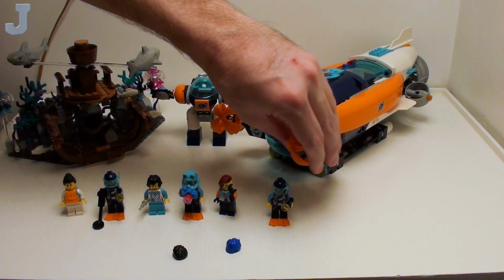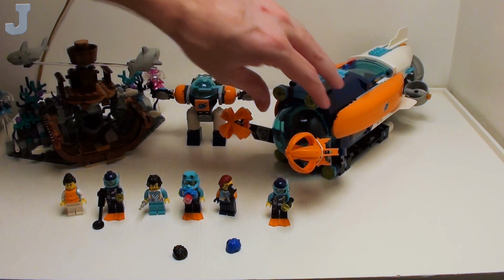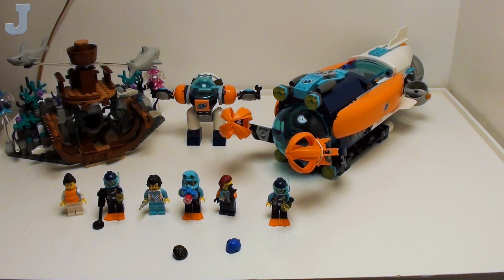Like I had mentioned, this is pretty close to being a MOC. So I would say there's very little to do with this. Okay. Now, for my score on this set. Well, before we get to the score,